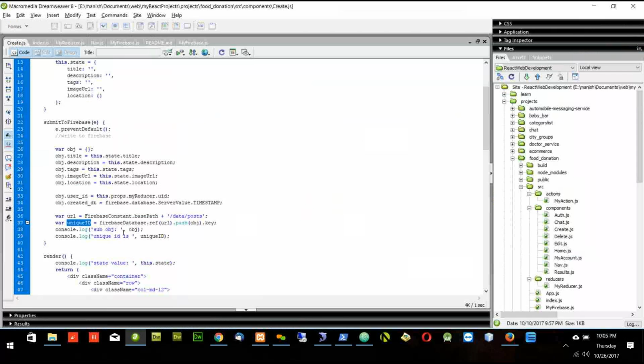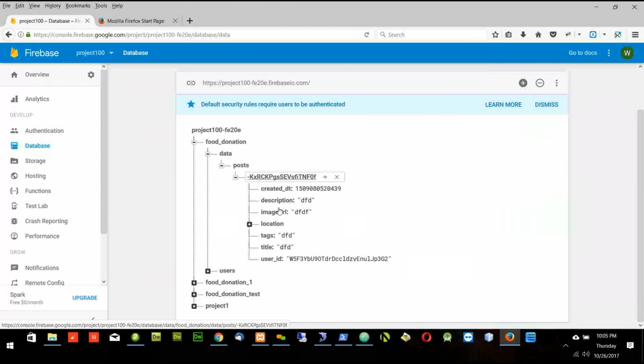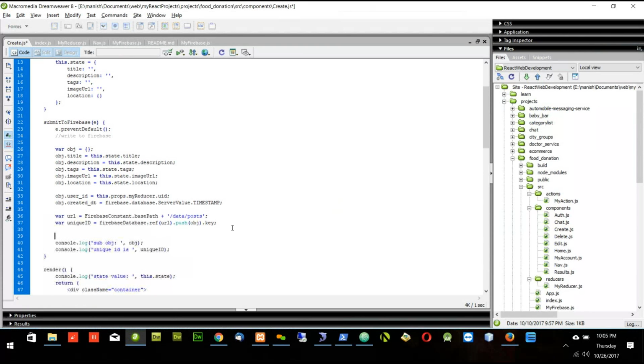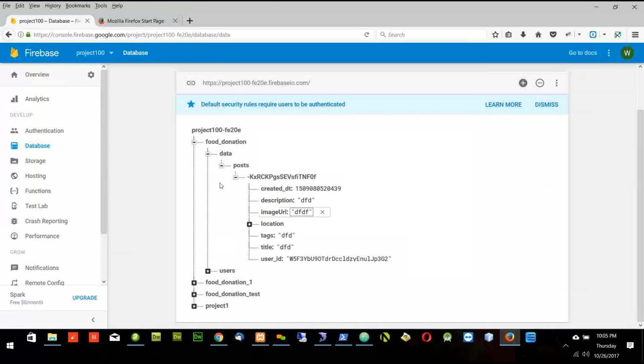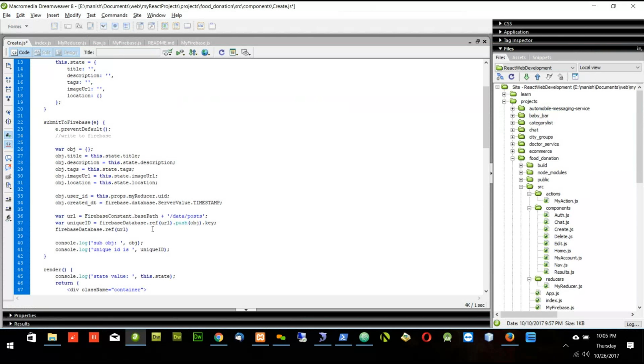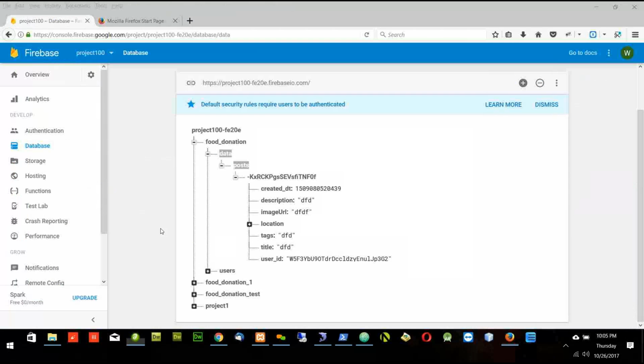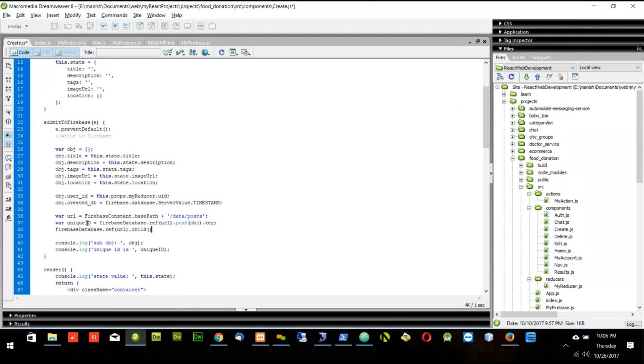So since I want to save this key inside this part, I will write it like this. I will say Firebase database dot reference. The reference is the URL, that is this URL. This is up till the post. If I want to go inside this part, I can say dot child, and inside child I want to put this key, and this key is nothing but this unique ID. So I will say dot child unique ID,